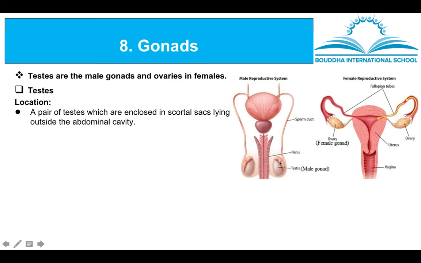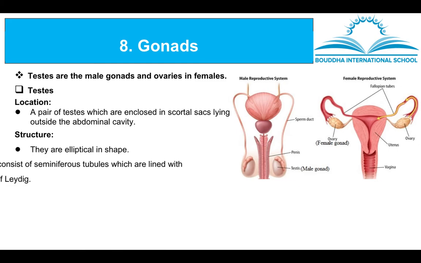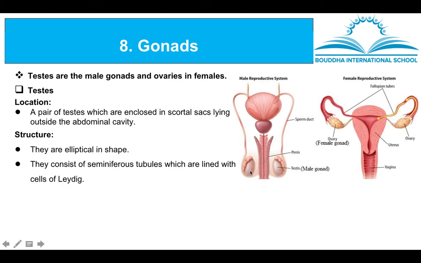So let's discuss the testes. The testes are a pair and enclosed in the scrotal sac. It's a sac made of skin, and it lies outside the abdominal cavity. And structure, it is elliptical in shape, I mean oval in shape, and inside it consists of a lot of minute seminiferous tubules, which are lined with a kind of cells called cells of Leydig,